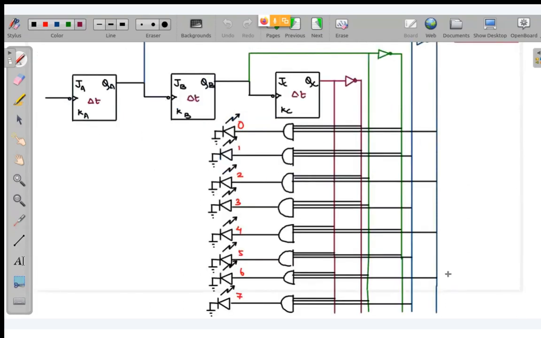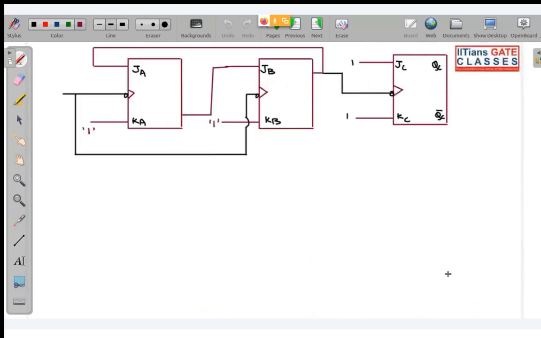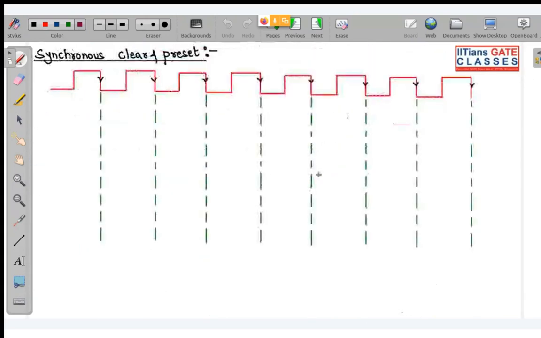Okay, so decoding of counter, that is very conceptual. So in the next class we are going to do that. Okay, so look over here, what is this synchronous, preset and clear? I told you that synchronous clear and preset is basically synchronous with your clock. Okay, synchronous with your clock. So if that is the case, if I have to construct a mod 6 counter, so look over here, basically it will be what? Mod 6 counter means